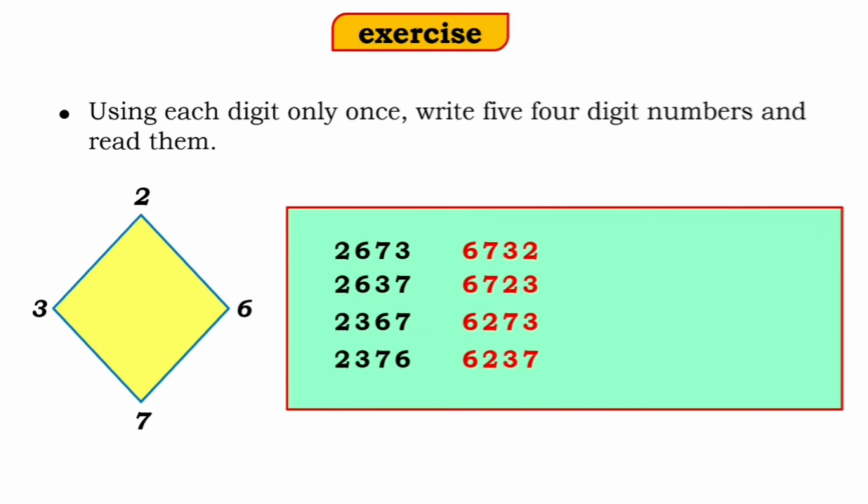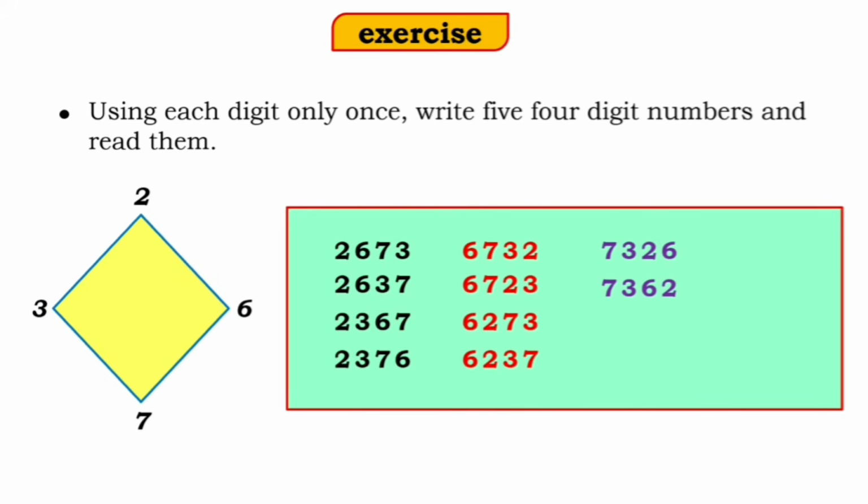6237. Now let us take this 7 in the thousands place. So 7, then 3, 2 and 6. That is 7326. So to form the next number, we will interchange the tens place and the units place. So 7, 3, 6, 2. That is